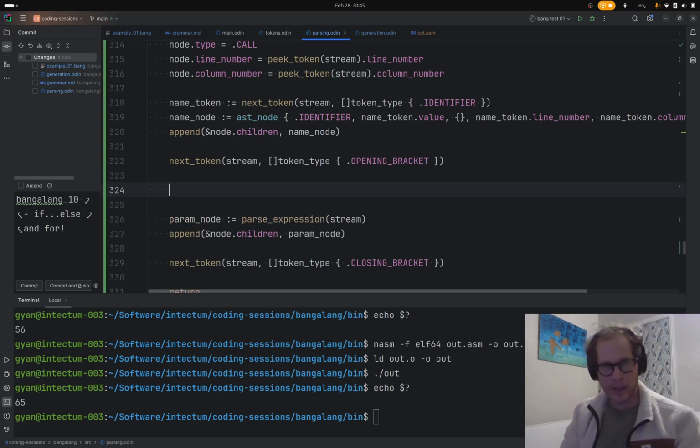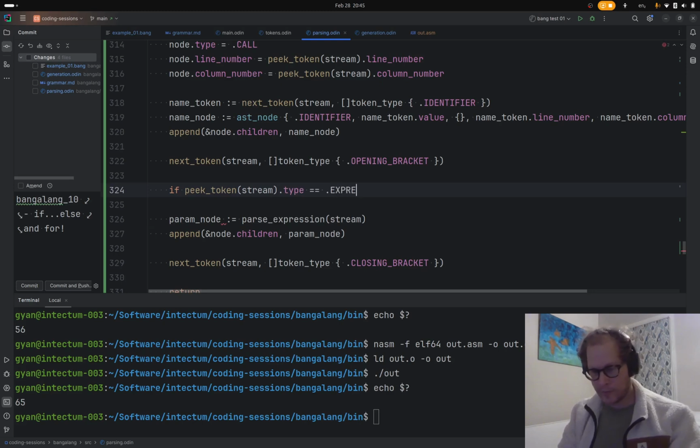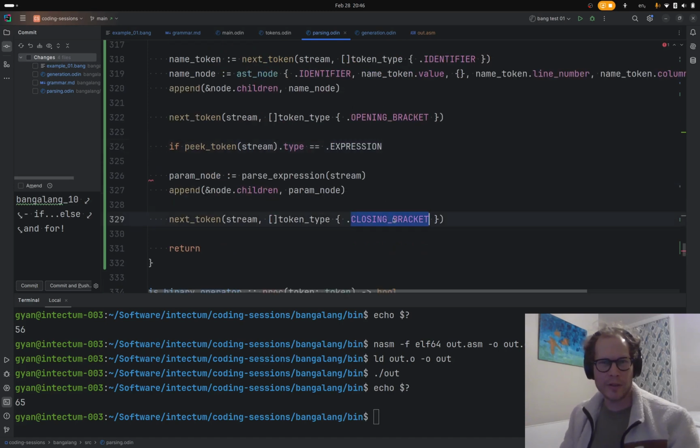So let's say if peek token type is an expression. Oh, but we don't have an expression. So let's just say if it's not a closing bracket,